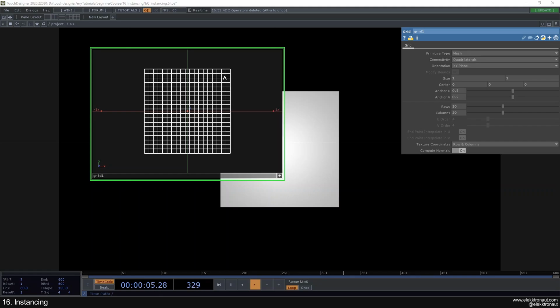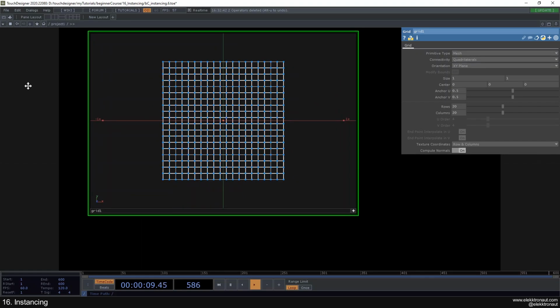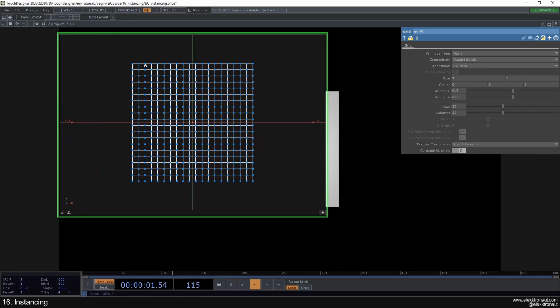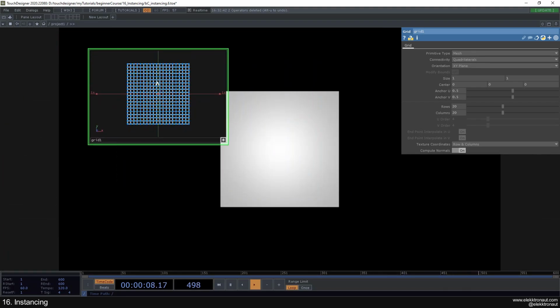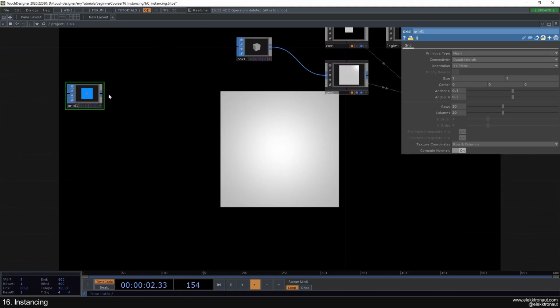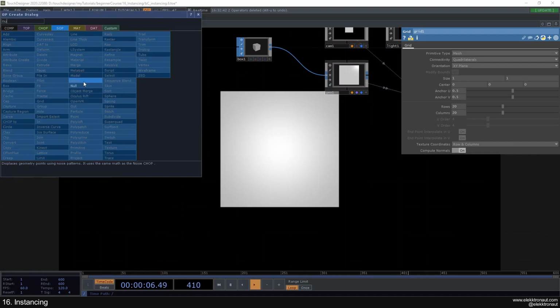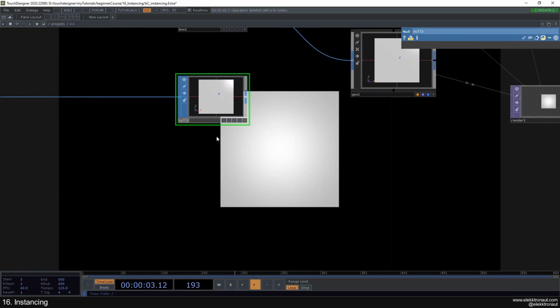I can right click and look at the display options and turn the points on. And then I can see at each of these intersections we have a blue dot. And for all of these blue dots, I want them to be my position source basically. So I'm gonna add a null here and go to my geo, and let's actually be clean here and call this instances